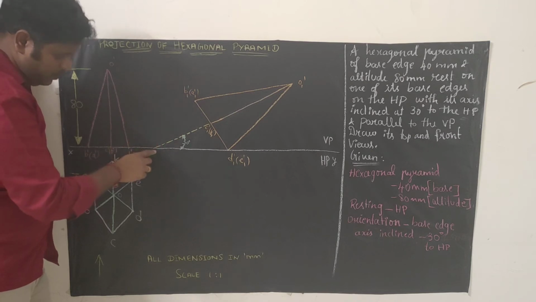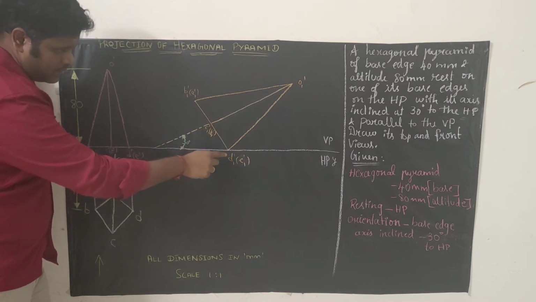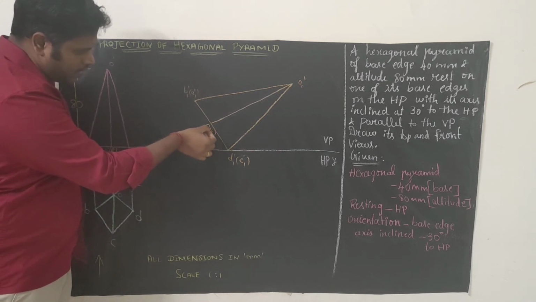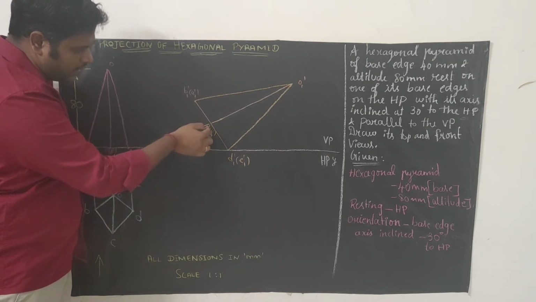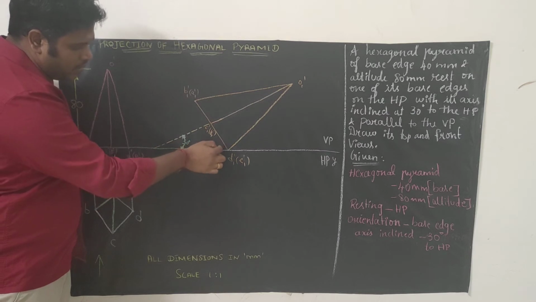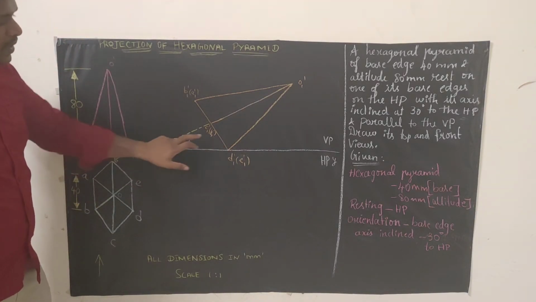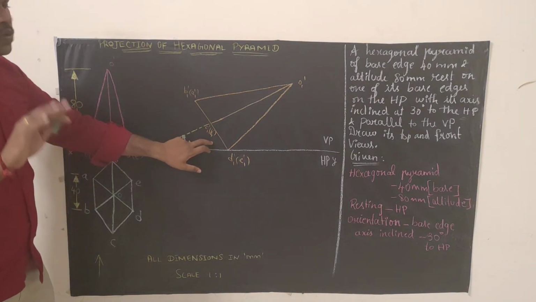Just see here. This is the first point, this is the second one, this is the third point. So this is the triangle, which means here we will have 90 degrees. What angle do we get here? 90 degrees. Here is 30, so the remaining angle will be 60. How? 90 plus 30 plus x is equal to 180.